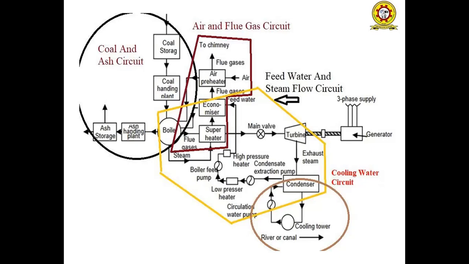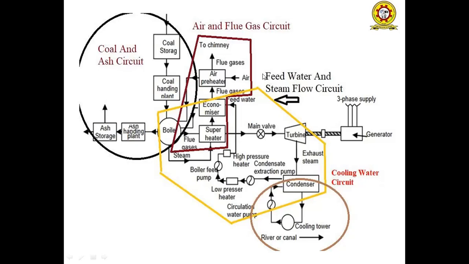The heat in the exhaust stream is partially removed by passing through the economizer and air preheater. The economizer is used to heat the water, that is, preheating of the water. The air preheater is used for heating up the incoming air from the atmosphere. So these are used for increasing the efficiency of the steam power plant.